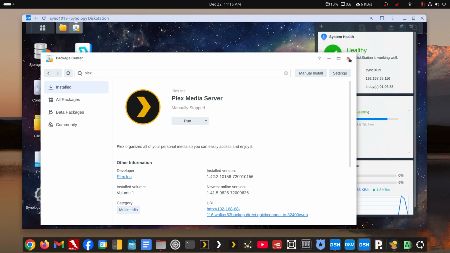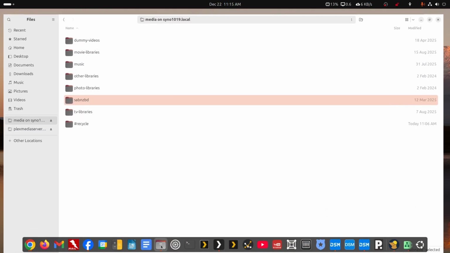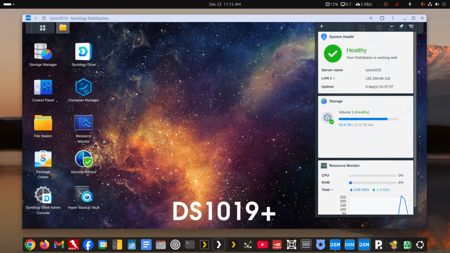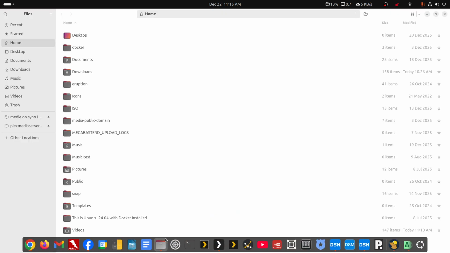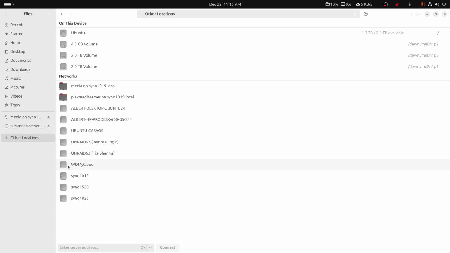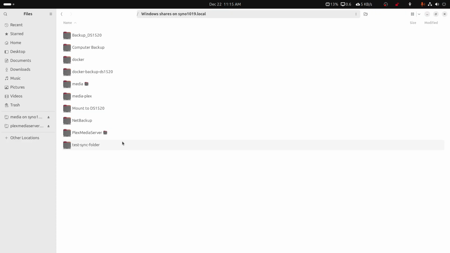Okay, so now that it's stopped, I can do it locally. Pete hasn't done this yet, so let me just start fresh. This is browsing my desktop Ubuntu PC. Other Locations takes me into my network mount. So the first time I connected to any of these Synology NASs, I had to put in my admin username and password, and now they're just there. So if I click into that,